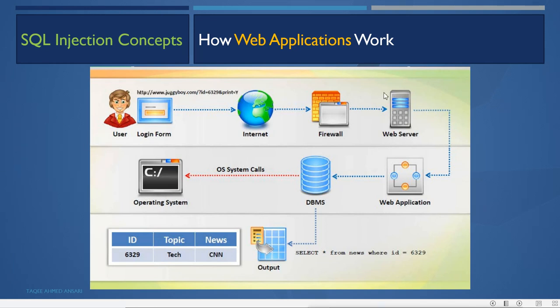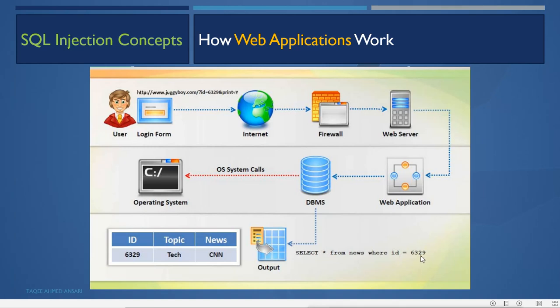Now that request will go to the web server, and the web server forwards the request to the application. Now what will the application do? It will actually create the query here. The application developer has configured the query here. That means when the request comes for this ID or any ID, the application will generate a query like this: select star from news table where the ID is equal to this.